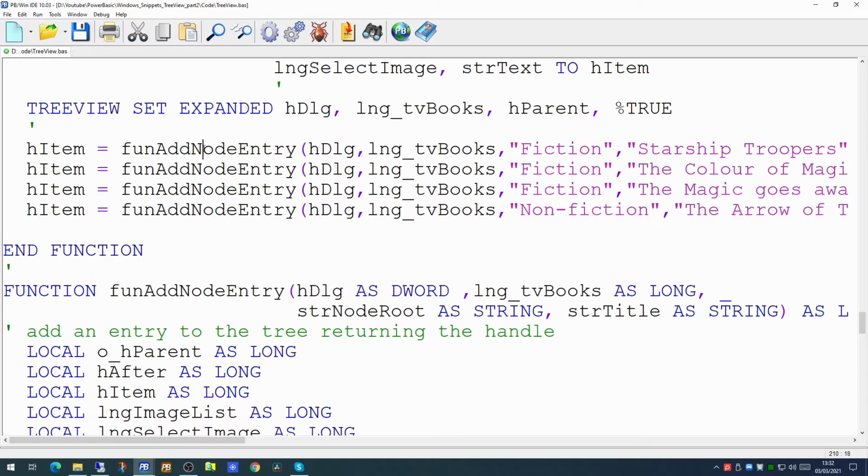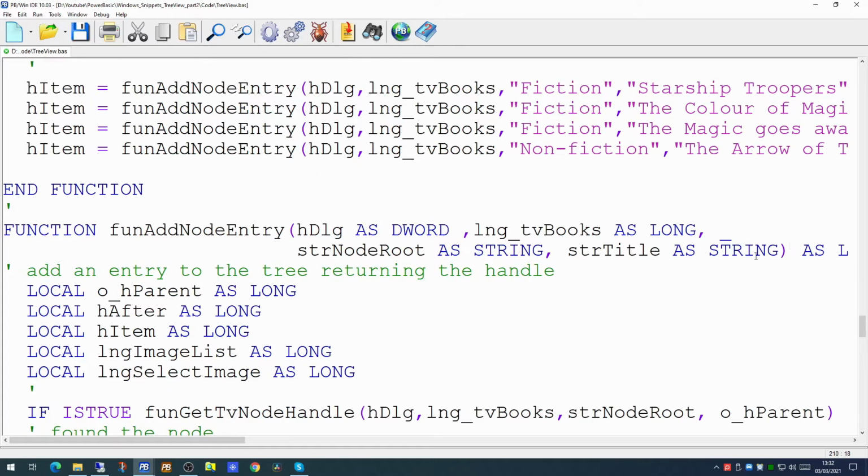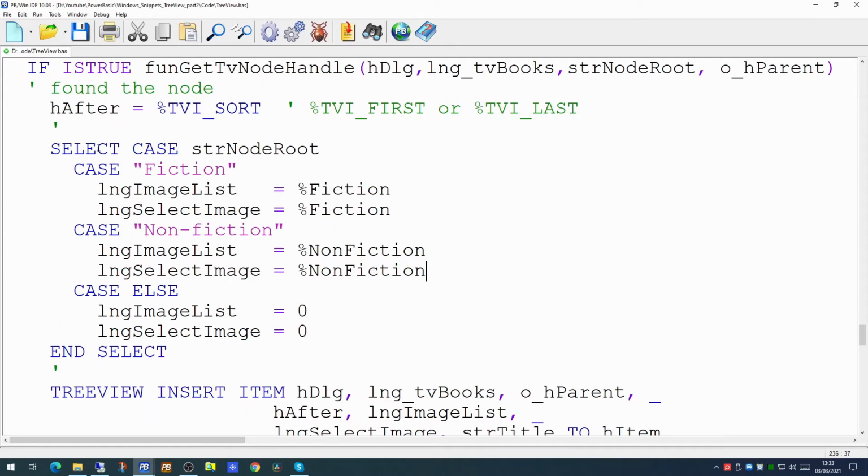Now, since the add node entry is actually generic for each of these, and we pass in whether it's fiction or non-fiction, what we'll want to do in the add node entry is to make it conditional which icon we're going to slot in. So we'll put a select statement in here, and the select statement is testing on the node root, which is either going to be fiction or non-fiction. And we're setting the constant for each of them so that a different icon will be used for each node